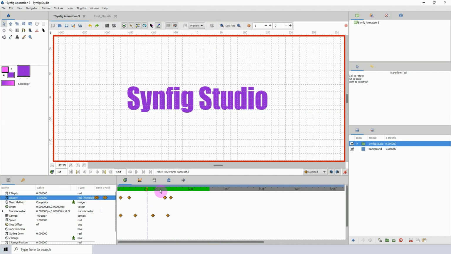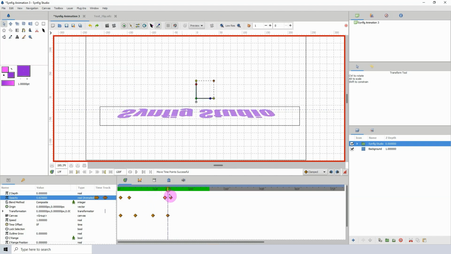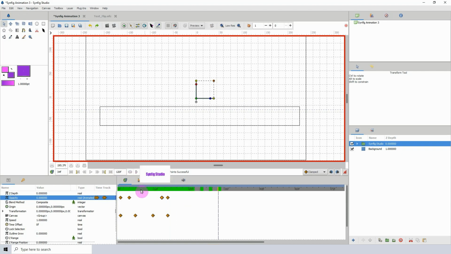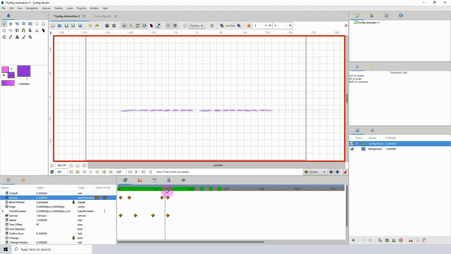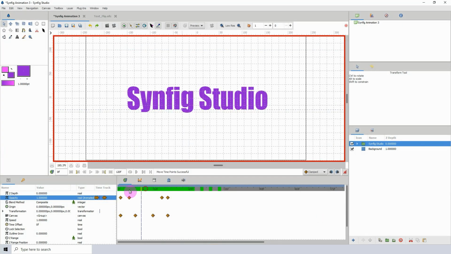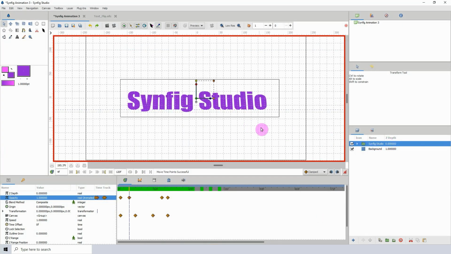Okay, I'm not liking that, so I'm gonna move this back here and move this back there. I think I'm gonna settle for this one here. So let me play. All right, so we work with this, right? All right, so once you have one, the beauty of this is that you can just duplicate and add the rest of the text. So I'm going to click on the folder here, Control C, Control V,